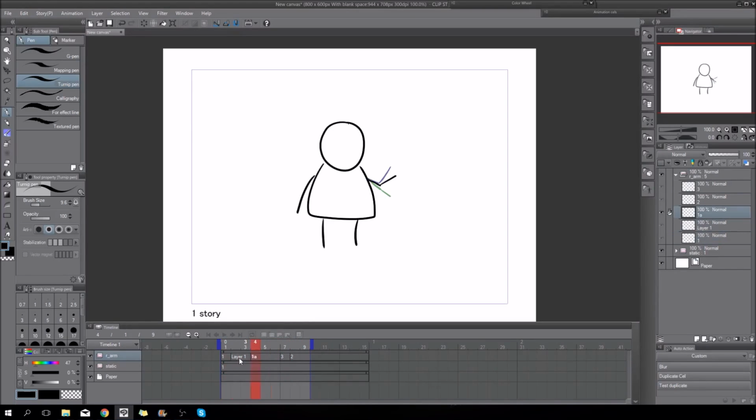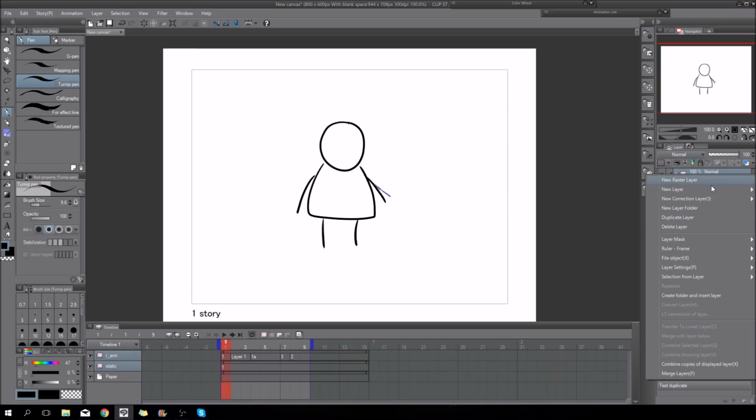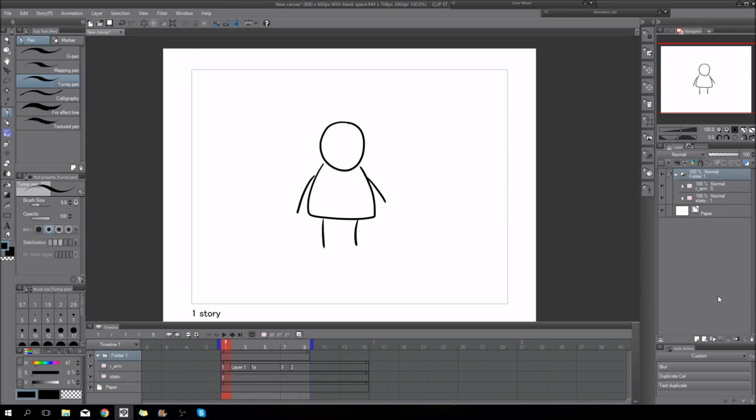So if I'm happy with it, and this is like the best animation on the whole planet, I can select both my layers with shift click, right click, create folder and insert layer, or simply again select them and drag them into the new folder icon.